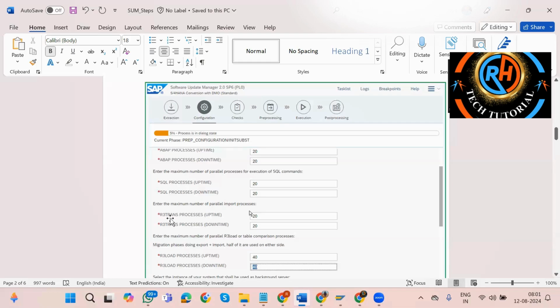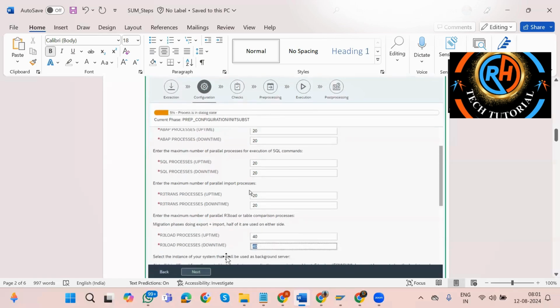Then we have one more thing, R3trans uptime and R3trans downtime. Here, it will start running programs, upload programs, download programs for the upgrade purpose. It's also in uptime and downtime. Now we have R3load process uptime and R3load process downtime. It should be maximum; you can take a maximum of 60 over here. After this, you have to fill all this in and press